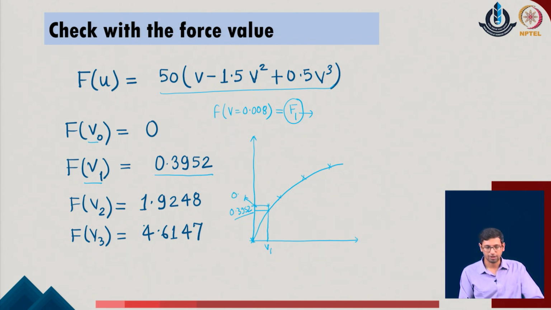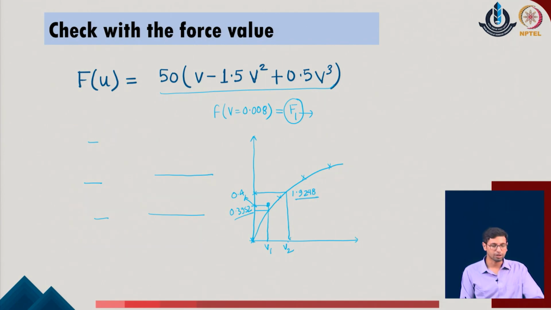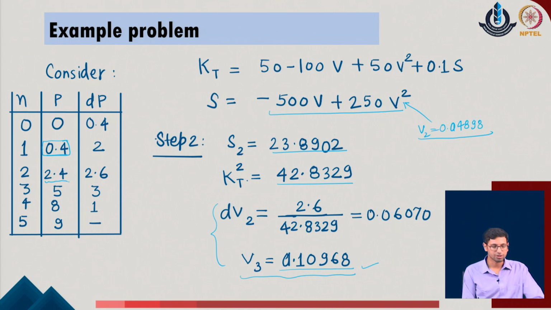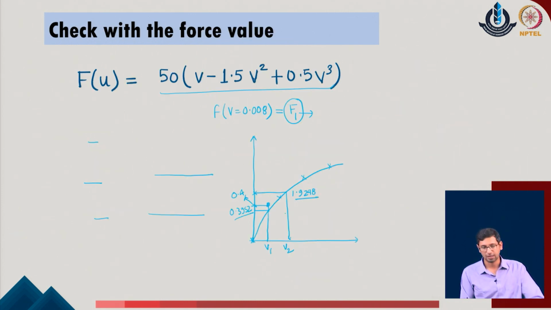So, if I define this value as 0.4, I say that this is the point which we are locating in the given system. Similarly, if I go to V2 as the second value, I define the V2 value in the given problem somewhere over here, and with respect to V2 I get the force value as 1.9248, which is the force value on the actual curve, whereas if I take the value of V2 with respect to the increment in the load, I realize that the value is 2.4 in the given system, which means that the value of the actual system for the same V2 parameter will be somewhere located over here. So, this is the point which we have obtained for the given system.